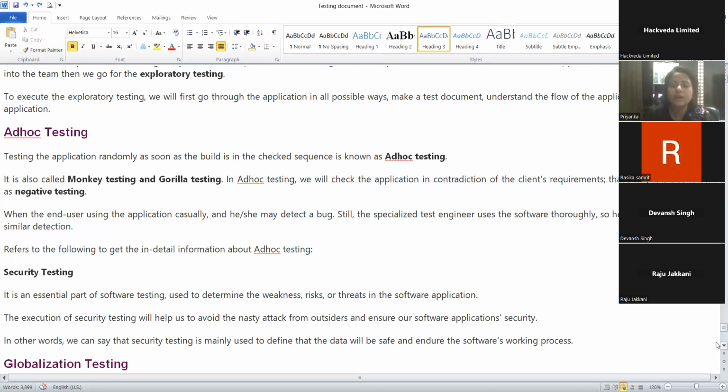That is why our application should be secure, so that all testing should be done to avoid the nasty attack from outsiders, so that hackers will not hack your application. Once security testing passes, that means the hacker has a very small chance of attacking your application. In other words, security testing is mainly used to